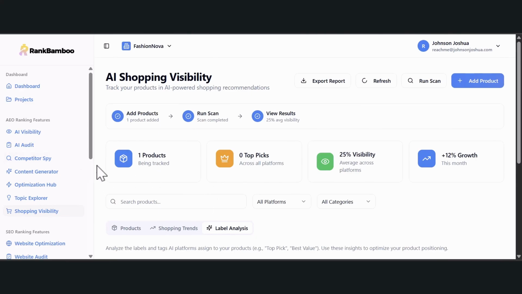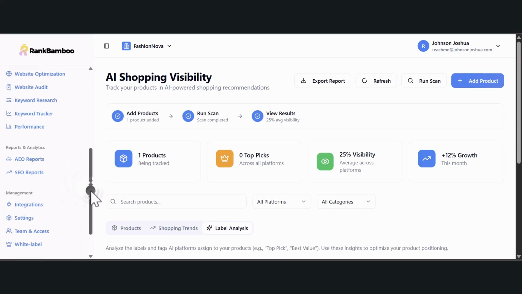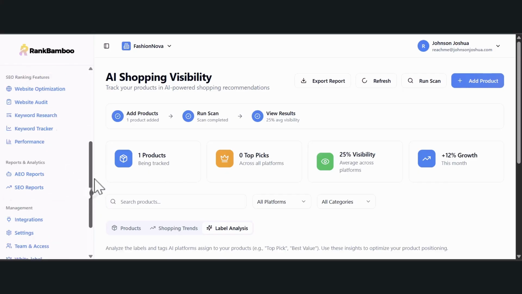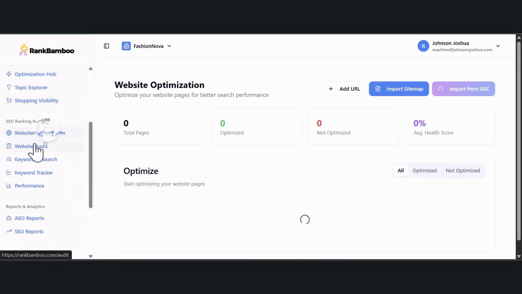Now, on RankBamboo, we have the old traditional SEO ranking that allows you, of course, to be visible to Google search engines, right? So over here, we have the SEO ranking features, which allows you to run your website optimization. You can also run your website audit right here on the page. So let's quickly switch back to my other project so you can get to see what we can do with